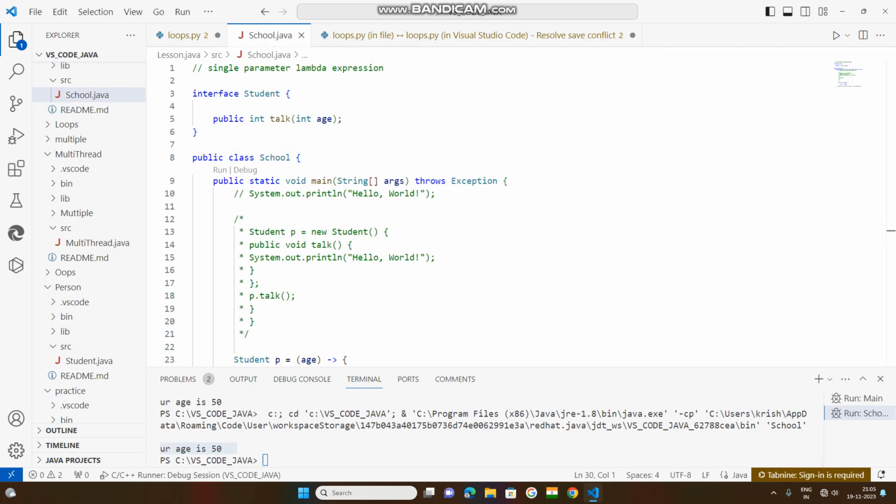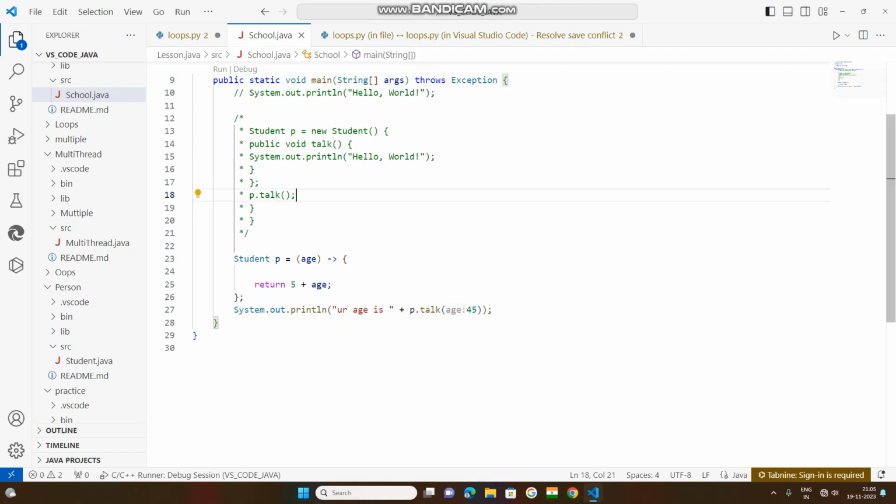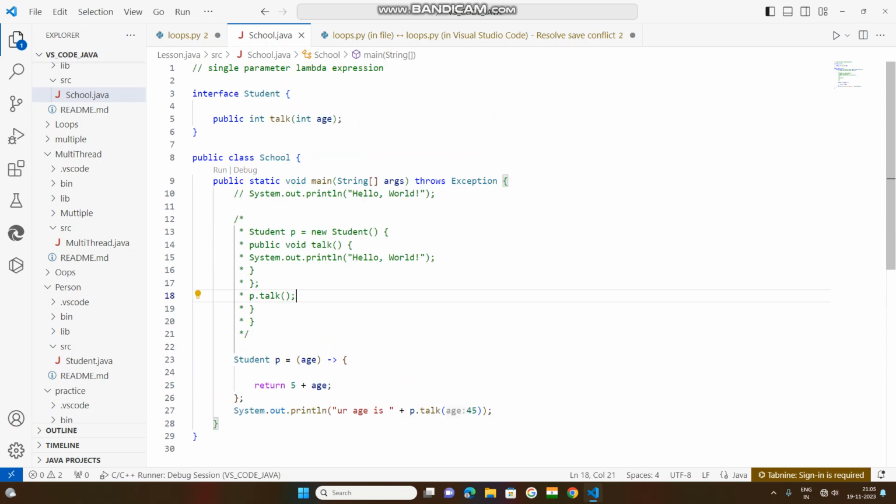Same thing, this is called a single parameter lambda expression. How is this lambda expression implemented? Up to this, from studentP, after that